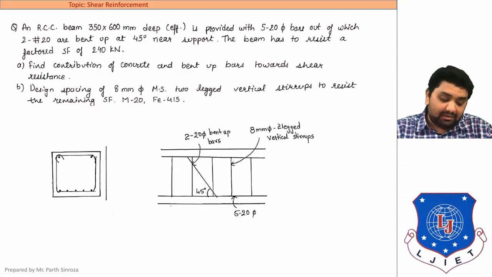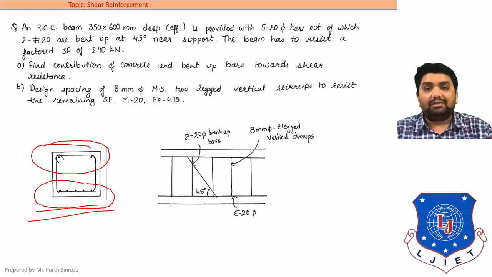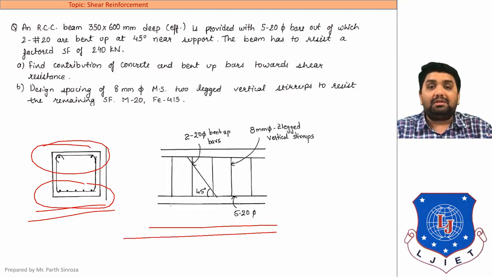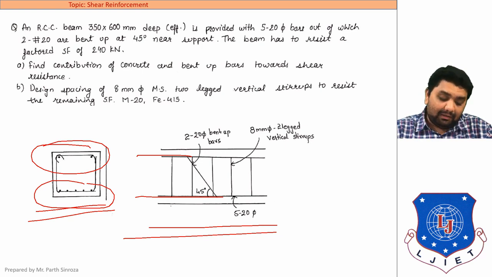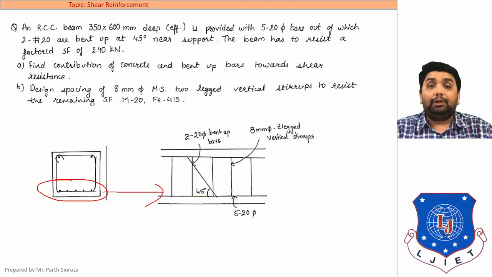So here you can see that this is the cross section. There are 5 numbers of bars, 2 anchor bars, and a hook, or you can say a stirrup ring, is provided to hold the bars. And here you can see the actual diagram of the stirrups. The horizontal bars are our longitudinal bars or main bars, and the vertical bars here are the stirrups. You can see here that 5 bars are mentioned. These are the same bars. In the longitudinal section you can see only 1 bar.